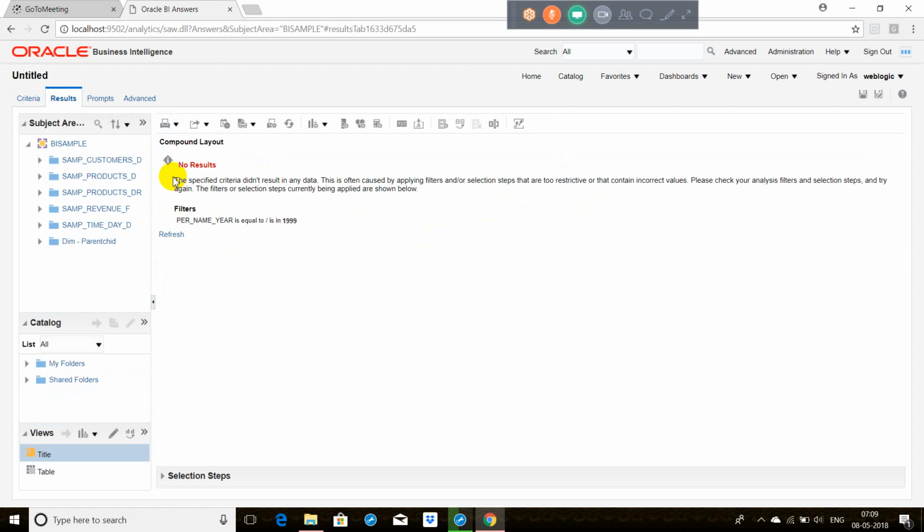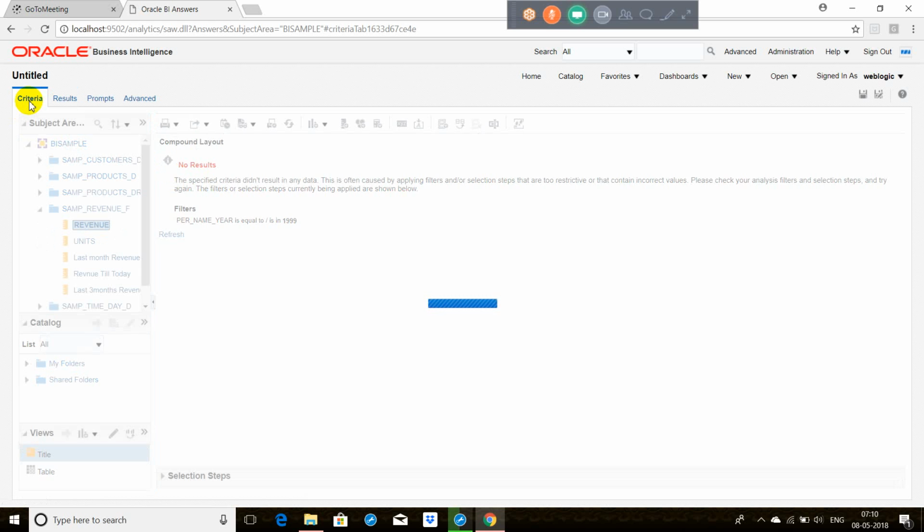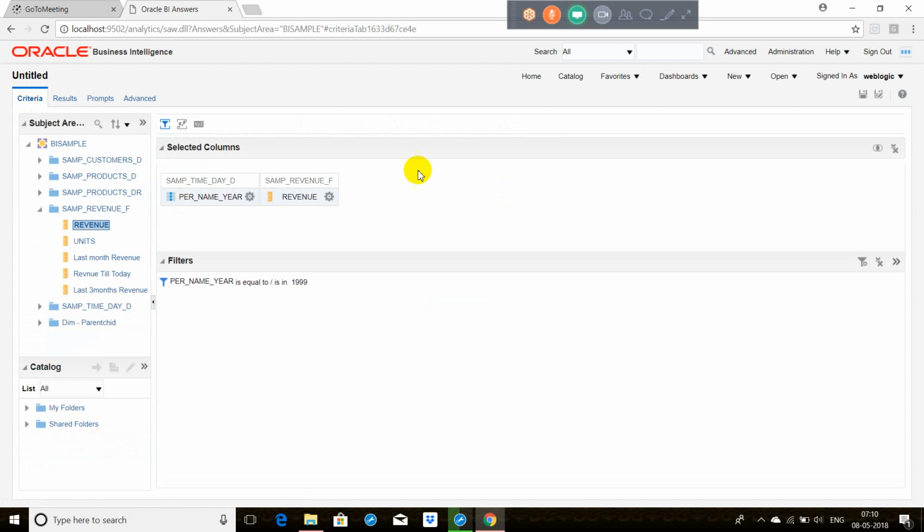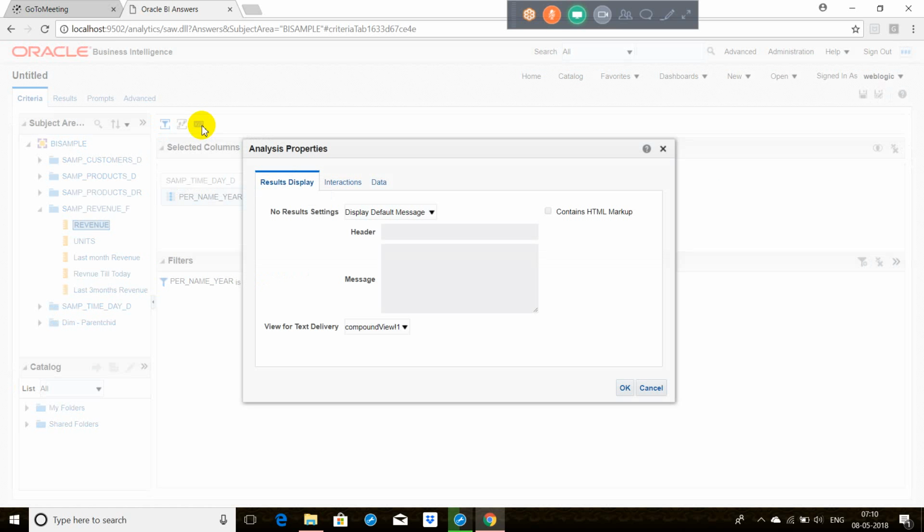The no results message is basically a two-line statement currently, but I don't want to go with that. I want to give my own custom message. That is also possible. I'll show you how. Where is this? One minute. Here you might be seeing a display custom message option. By default, you go and say